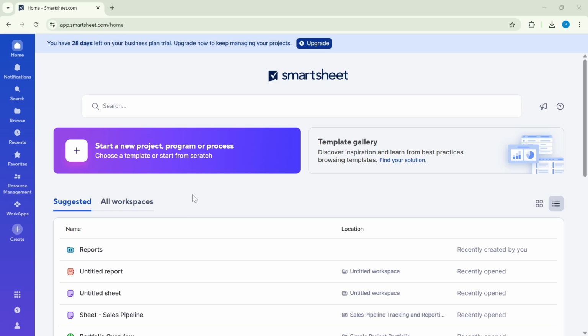In today's video, I'm going to teach you how to request updates automatically in Smartsheet. Update Requests 2026. We're going to use Smartsheet's built-in automation templates, so you can collect updates from teammates without chasing them manually. By the end, you'll know exactly where to go and what to select to kick off an update